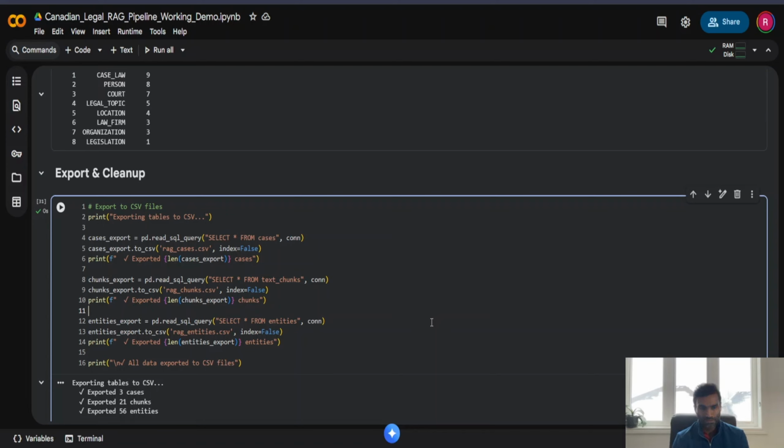Once we have this database set up, everything is structured, and this will be an asset